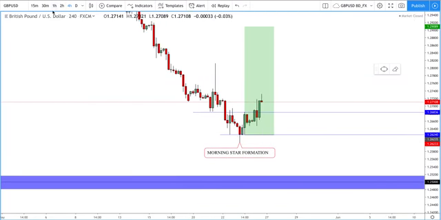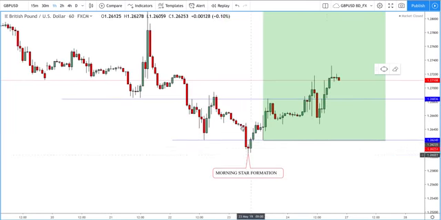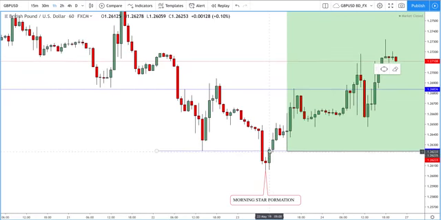You see, I'll just go to the 1 hour. That morning star formation, quite crucial, very useful. This 1, 2, 3 candlestick formation that we had, which will show the reversal sign. Off that, you could just buy after this third candle. So you have this bearish, then you have a doji, and then a bullish. Ideally a bullish engulfing, but we didn't have that here. But you can see we didn't have much of a wick at the end of this third candlestick. So 1, 2, 3, you can buy off there, and then you're ready to go.